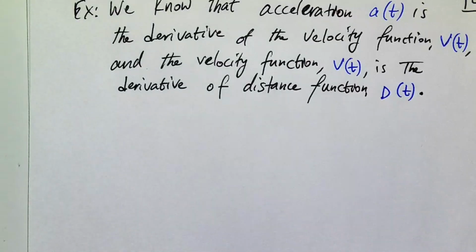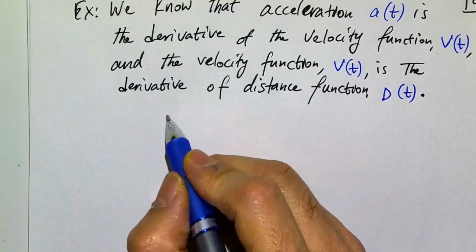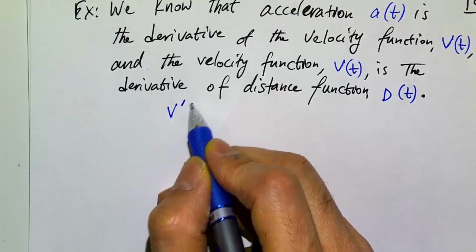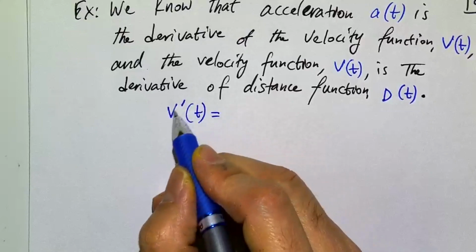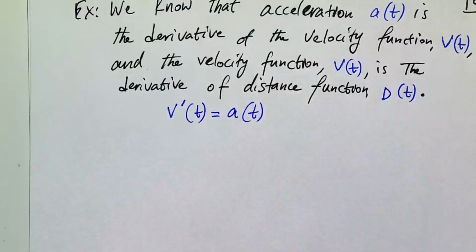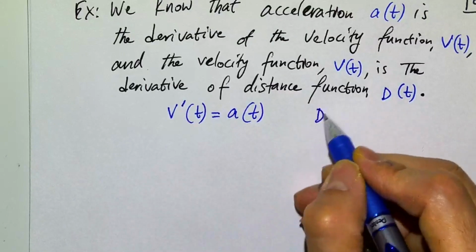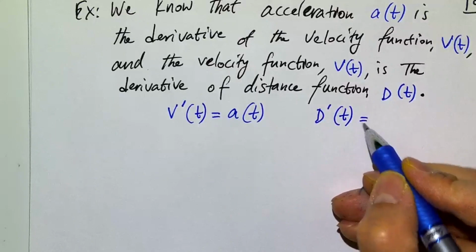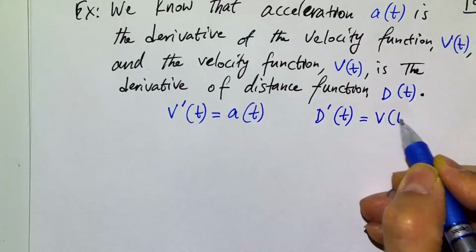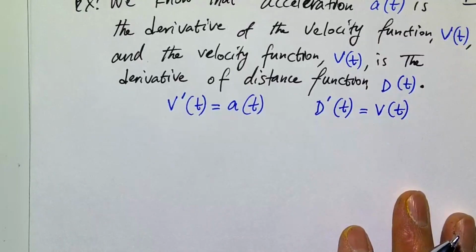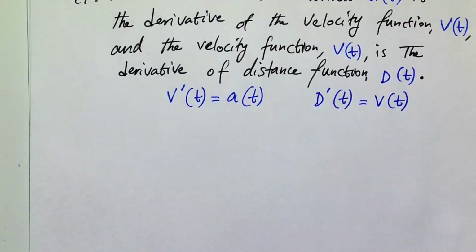As a matter of fact, let me write them like this. So v prime of t, or the derivative of the velocity function, is equal to the acceleration function. And the derivative of the distance function is equal to the velocity function. Okay. Okay, so knowing that,